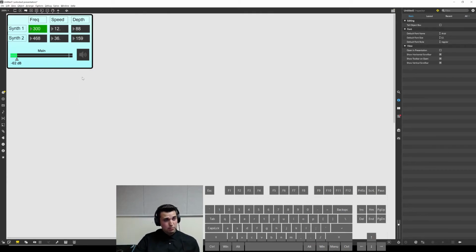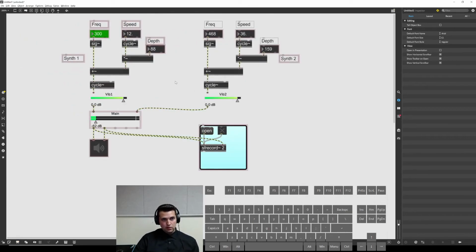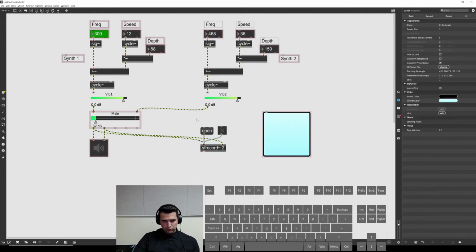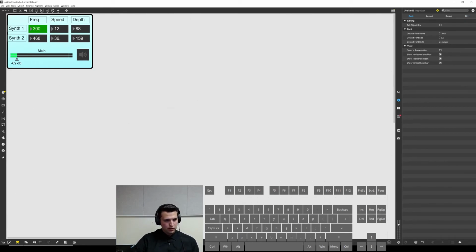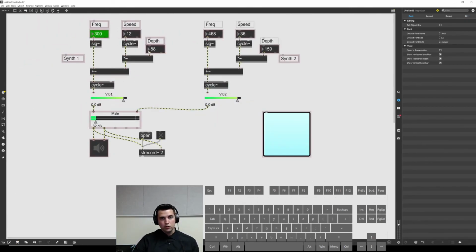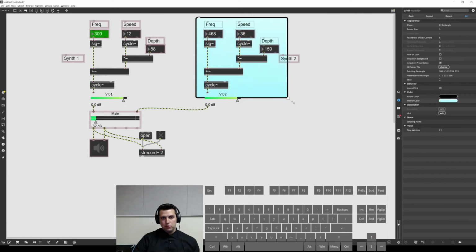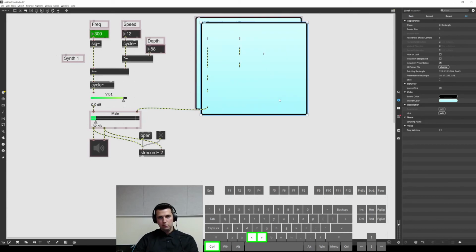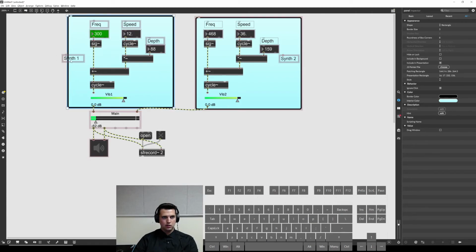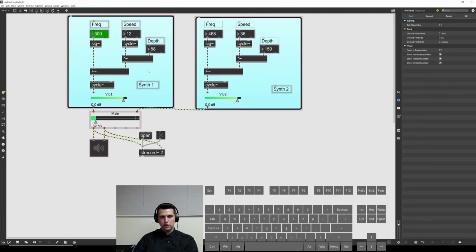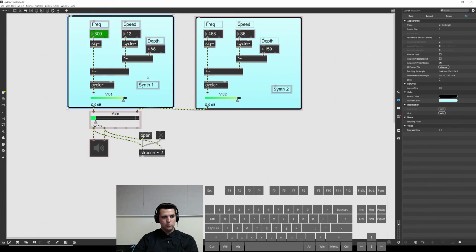I find that this is best to do when you're finished designing on this end, because it gets kind of confusing as far as what this design should actually be, because you don't really know what's important until you're finished designing things on this end. At the same time, that doesn't have to stop you from using these panel objects in the patcher mode, just to make things very clear. It might not be a bad idea. Right click and send to back for that. Okay, so you notice that's way clearer too,